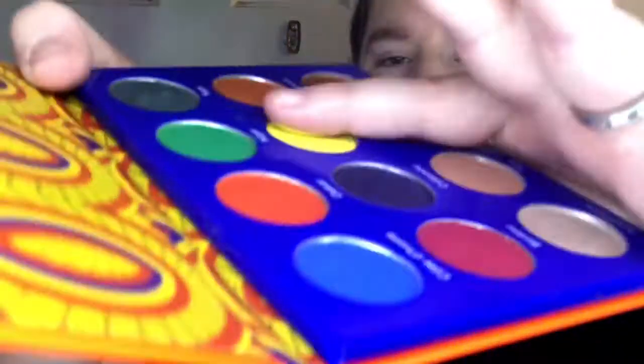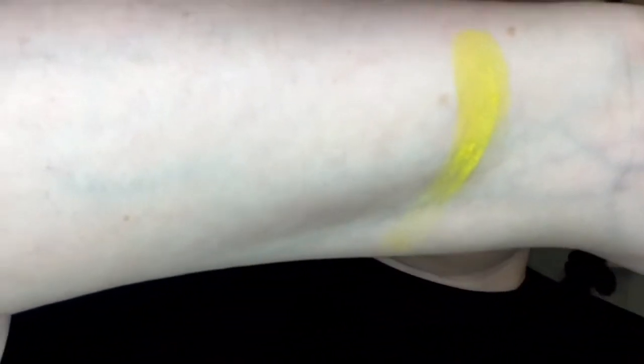Katano. And just so you know how I do my swatches, and I'm going to switch arms because that's halfway through. I just take one finger and I take the shadows, and that's just how I do it. I don't even know how that turned out. That turned out pretty good for yellow. It does get a little bit streaky and powdery there at the end, but you know, that's kind of expected from swatches. We have Cameroon,